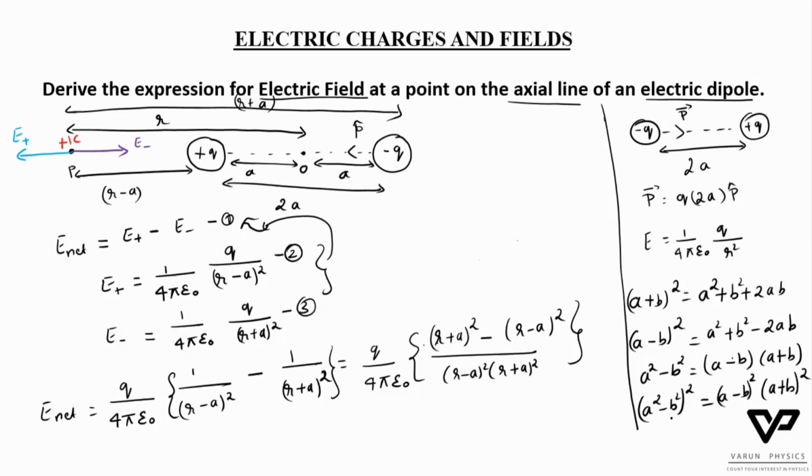So we can do this: A square, (A minus B) whole square plus (A plus B) whole square. Just see here the denominator: (R minus A) whole square into (R plus A) whole square can be written as (R square minus A square) whole square. So in the next slide we'll just do the things. Therefore, finally we have